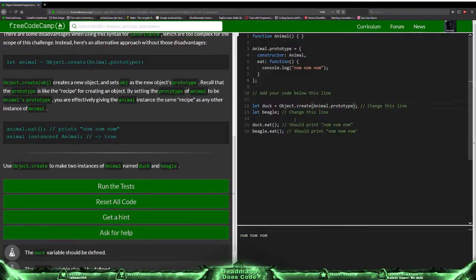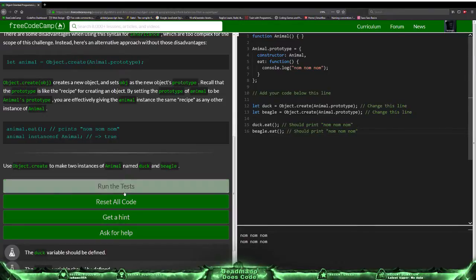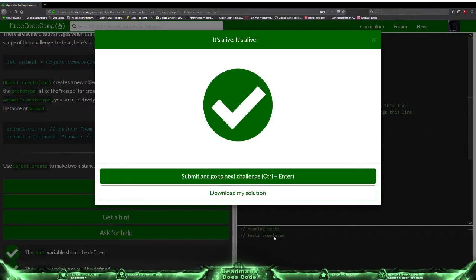Animal.prototype. And we can literally just copy this for the next line as well. There we go. They have now inherited and figured out a way how to eat. At least they won't die